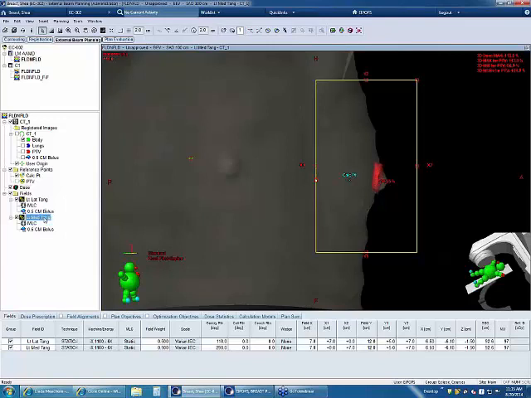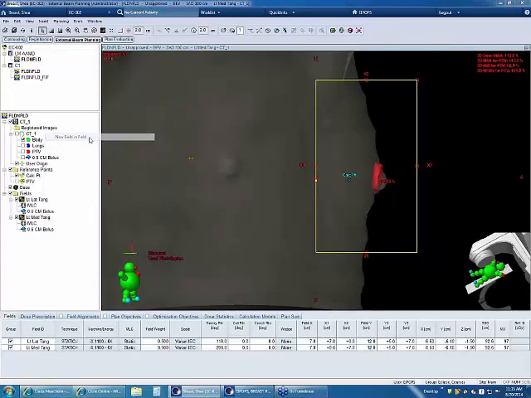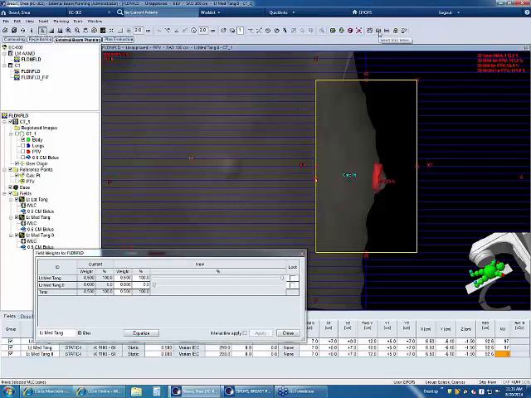So with my medial tangent highlighted, I'm going to right-click, and I'm going to go to New Field in Field. Okay. When I do that, I have all my MLCs. It gives me my weighting box. It activates a drawing tool for me. But what I wanted to do was take that off for a moment, and I'm going to use this Select